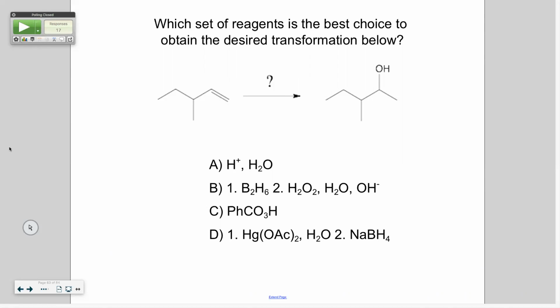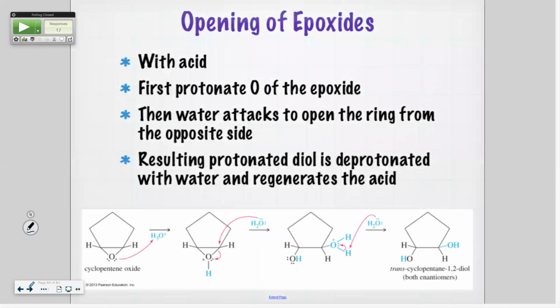What happens with B? What does B do? It adds an H and an OH, right? But which way? Anti-Markovnikov. Okay, we want to add it Markovnikov, and we want no rearrangement. Which one is it? What does C make? The triangle. Yeah, an epoxide. That works. You knew it wasn't C, right? Yeah. Okay. So to open epoxides, which is the triangle,